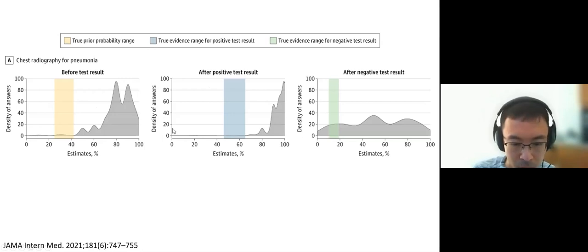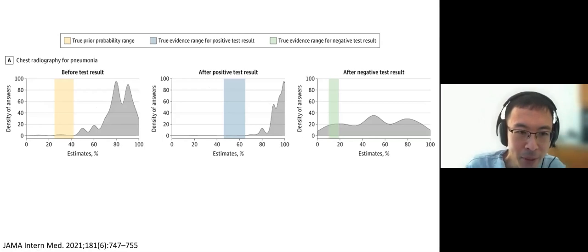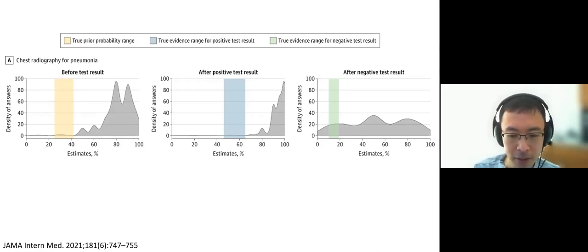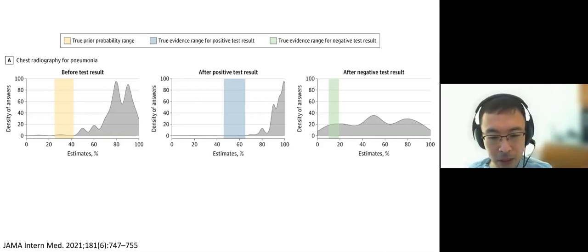Okay, so apparently humans are notoriously bad at estimating probability and predicting risk. This is an interesting study where they surveyed over 500 clinicians. They were asked to estimate the probability of pneumonia in the clinical scenario I just showed you, and then recalculate the probability if the chest x-ray is positive or negative. On the far left here, you see that the probability of pneumonia before you get the chest x-ray is estimated to be about 25 to 40% based on the evidence.